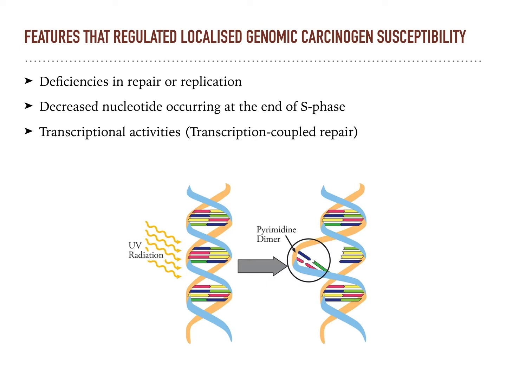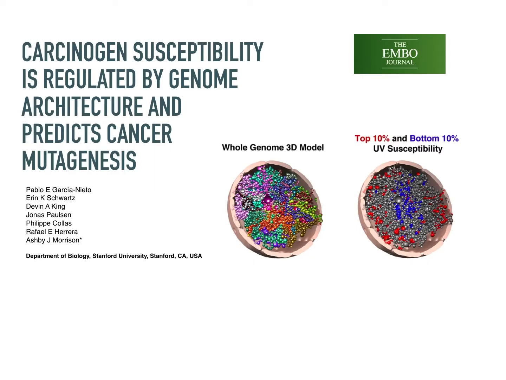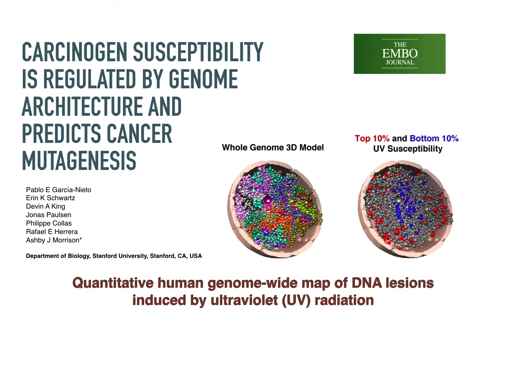It is generally accepted among most studies that insufficient DNA processing and repair mechanisms are the major contributing features resulting in mutagenesis. However, some studies also indicate that chromatin-bound factors can influence the susceptibility to UV-induced DNA damage in the first place. The current study presents the first genome-wide mapping of DNA lesions induced by UV radiation in the human genome. The study discovered considerable variation in the distribution of UV-induced lesions through a comparative analysis of carcinogenesis rate in